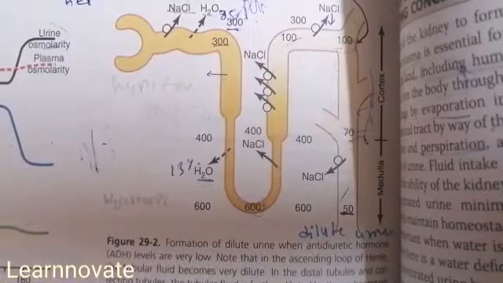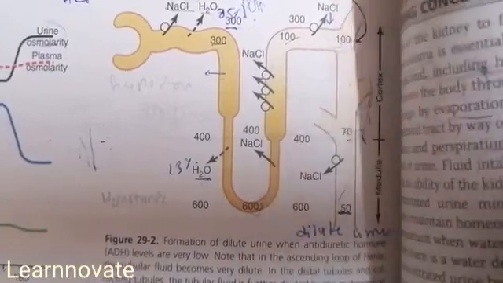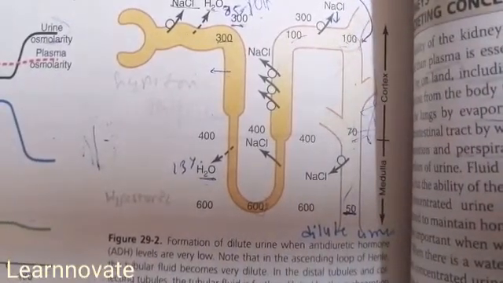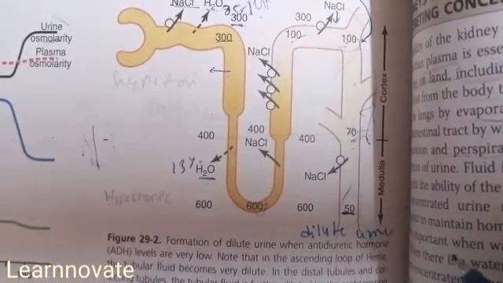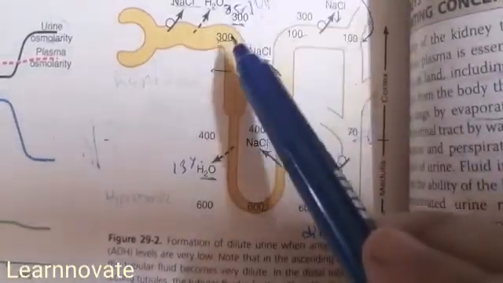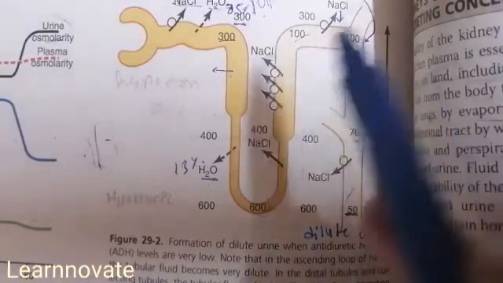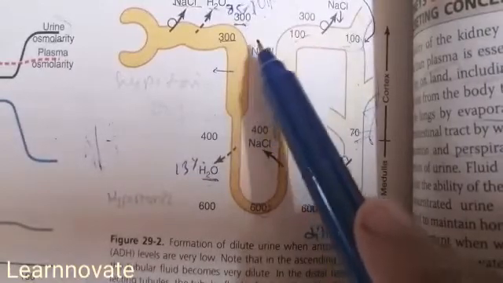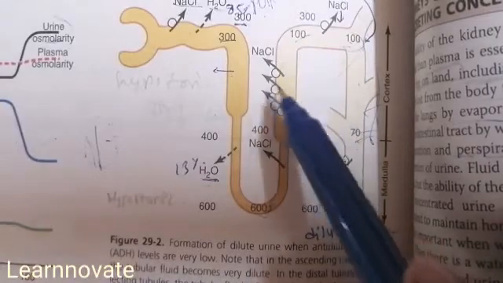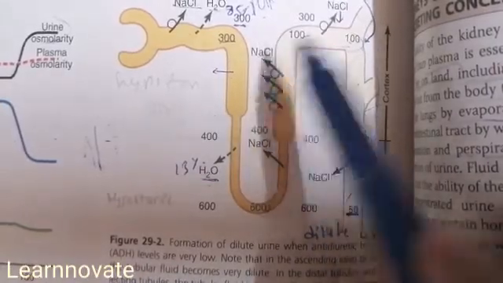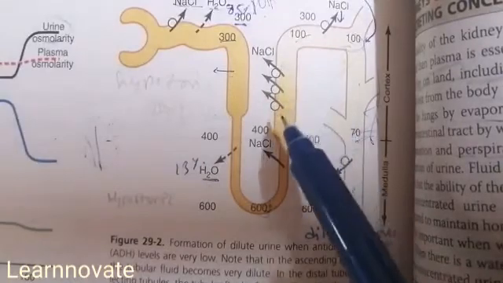In this diagram you can see the mechanism behind the formation of dilute urine. Normally, in the absence of ADH, the antidiuretic hormone important for water reabsorption, the urine is usually diluted. How is this dilute urine produced? We all know that in the PCT the plasma and the tubular fluid are isotonic, so there is no net reabsorption of water. But when the fluid reaches the ascending limb of the loop of Henle, there is excessive reabsorption of solutes, that is NaCl and other solutes. So the osmolarity of the tubular fluid decreases and there is dilution.